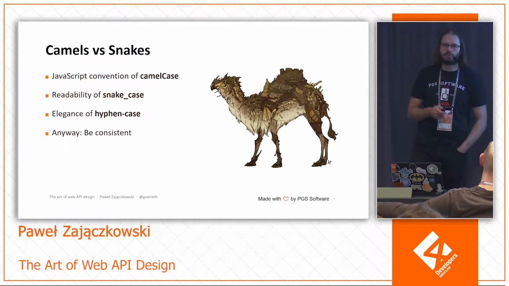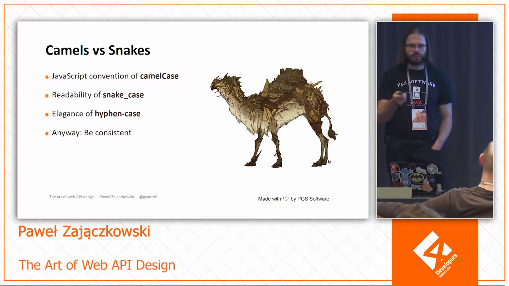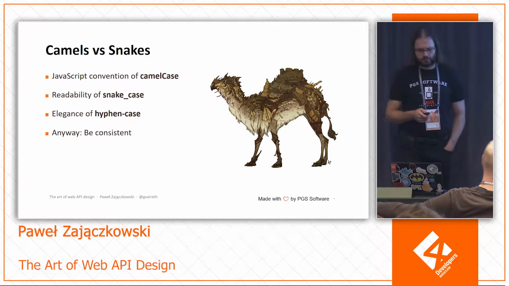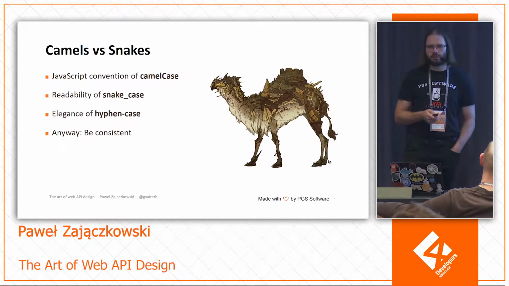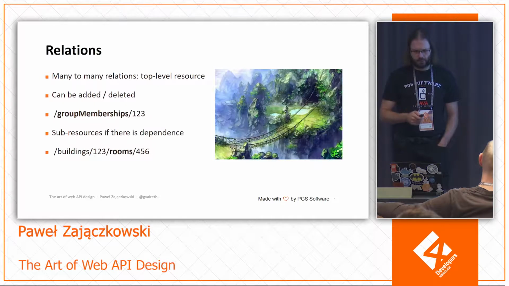It looks nice if you have something that is consumable by humans. So for instance, if you create an article on a WordPress blog composed of several words, as a link, it looks nice if the words are separated by hyphens. But in general, in a technical API, I would say it's better to go with snake case or camel case. Which one is better? Doesn't really matter, just keep consistent, unlike some standard libraries or certain languages. So consistency is the key here.